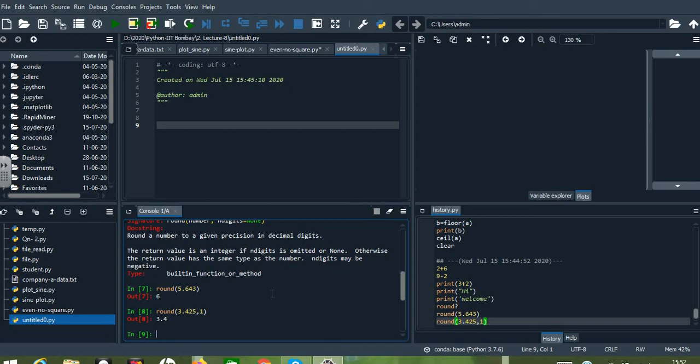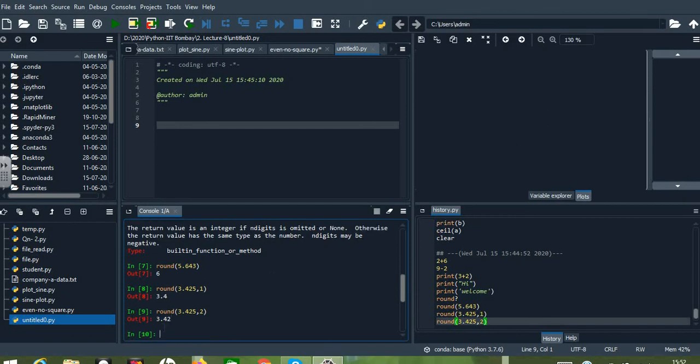For that, no need to type it again. Here we have a shortcut, the up arrow, similar to MATLAB. If we use the up arrow, the previous command will appear here. So let me change it to two digits. Enter. So we can see 3.42. This is another thing related to the round function, and whatever operation we need, we can give it and get the explanation for that.